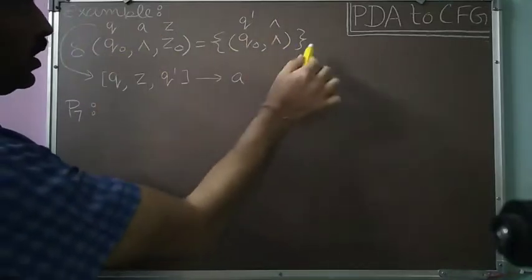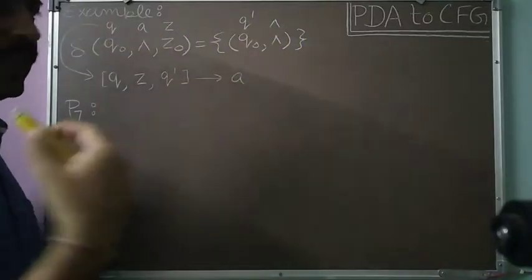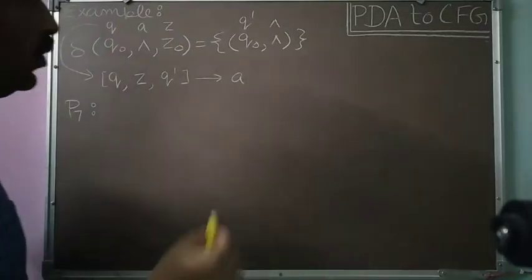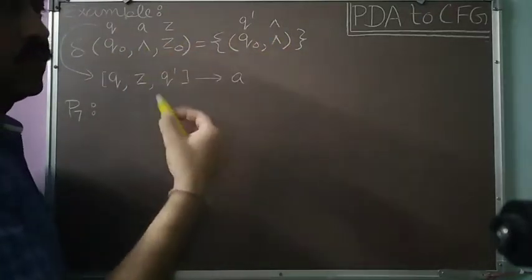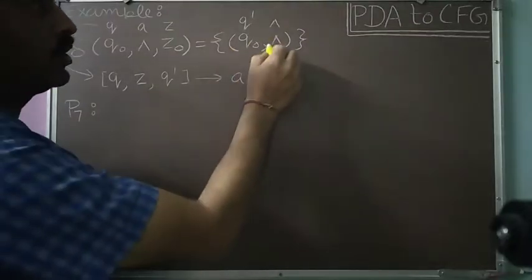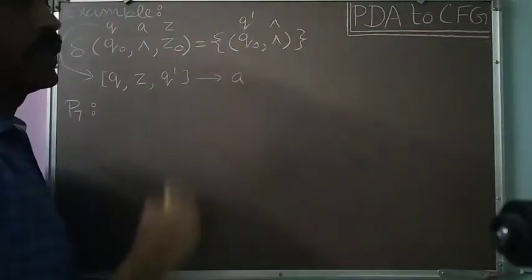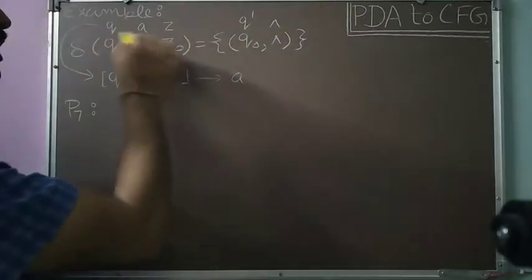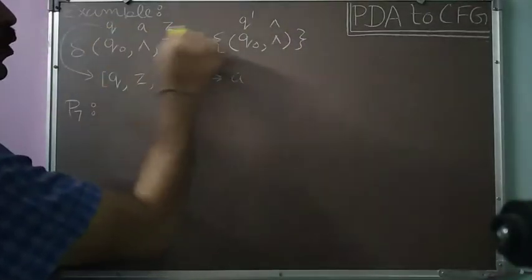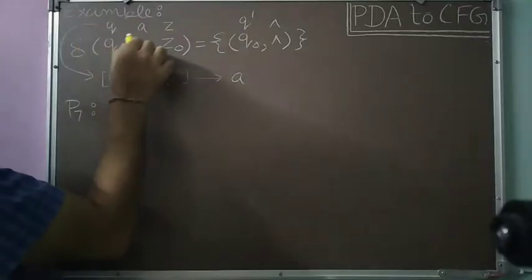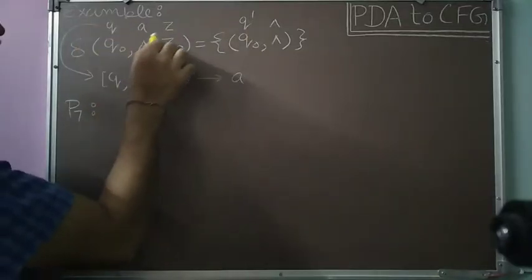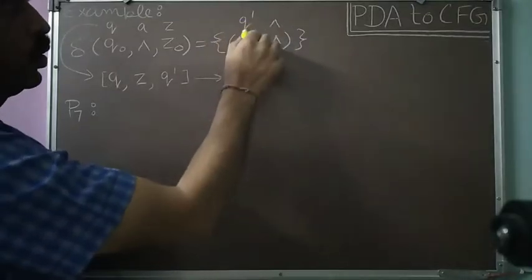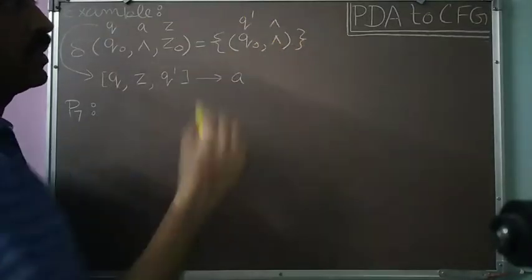First of all, we will identify which kind of move it is, whether it is an erasing move or a non-erasing move. Just by looking at this, you will know that it is an erasing move because we are writing null over the pushdown store. So first we will write the format of the erasing move over it. That is delta(Q, A, Z) = (Q dash, null). So this is Q dash and this is null.